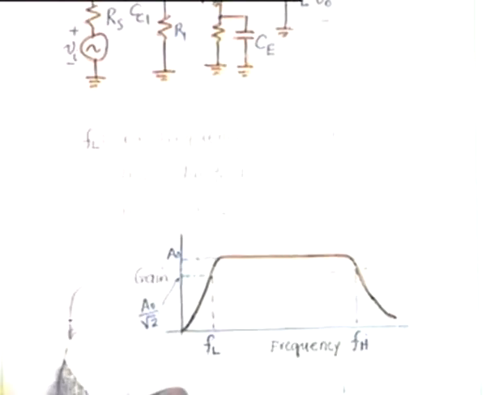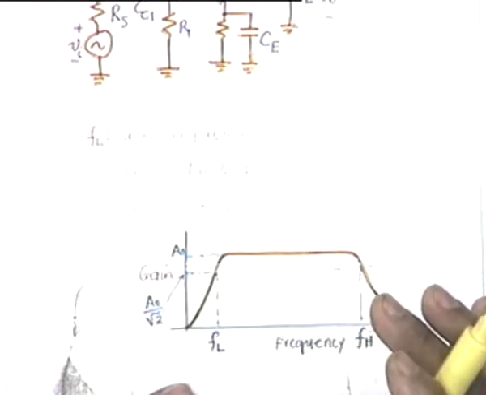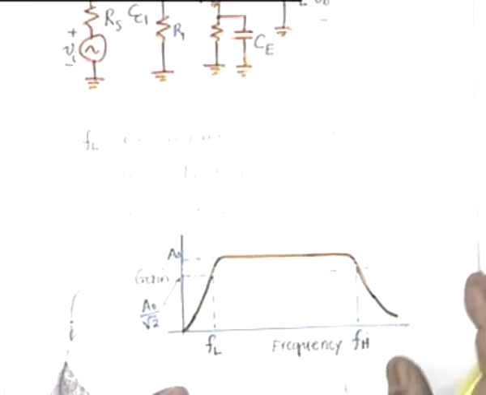So in discrete circuit design there is nothing that we can do about the low frequency problem. You have to use high quality, high valued capacitors. You have to pay money. In integrated circuits that is not a problem. So in integrated circuits the problem is that of FH. How can you extend FH? That is the widebanding technique, and we shall discuss several techniques to make a wideband amplifier.